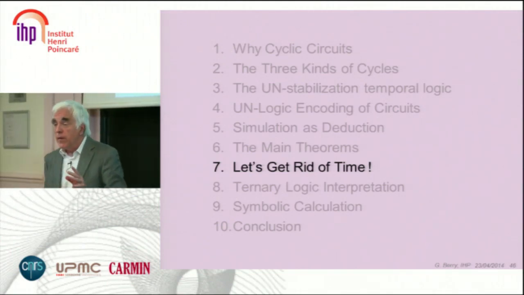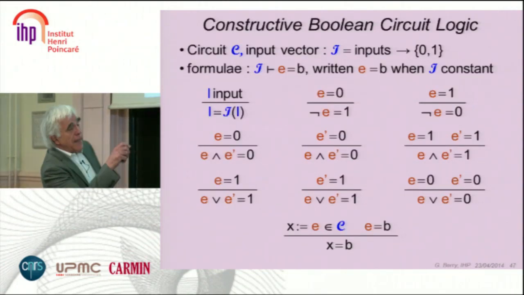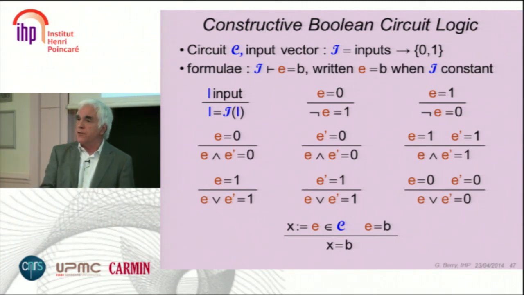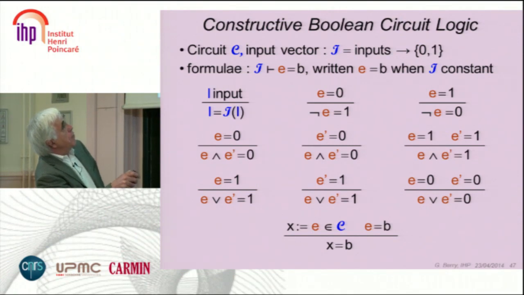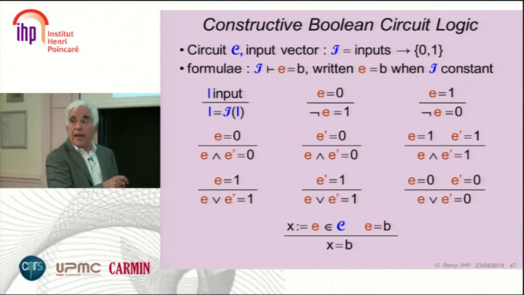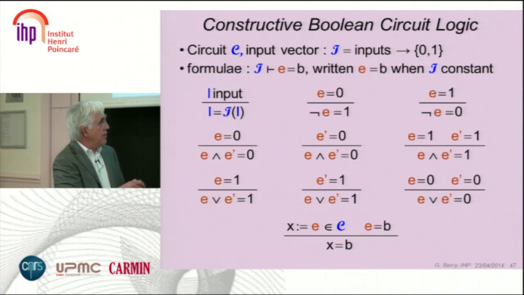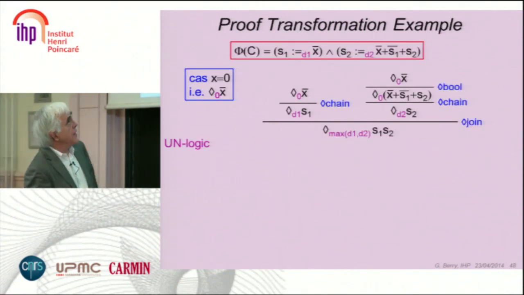So why is that true? Because if you look at the proof, you will see that you can replace timed logic by untimed constructive logic. And so untimed constructive logic is like that. It's a complete propagation, trivial propagation of values. And for an equation of the circuit, if variable x in the circuit, or gate x, is defined as some Boolean expression of other gates, then if you can prove that the right hand side has value b, then you can prove that x has value b. You have no more delay, but it looks the same. And in fact, it is the same.